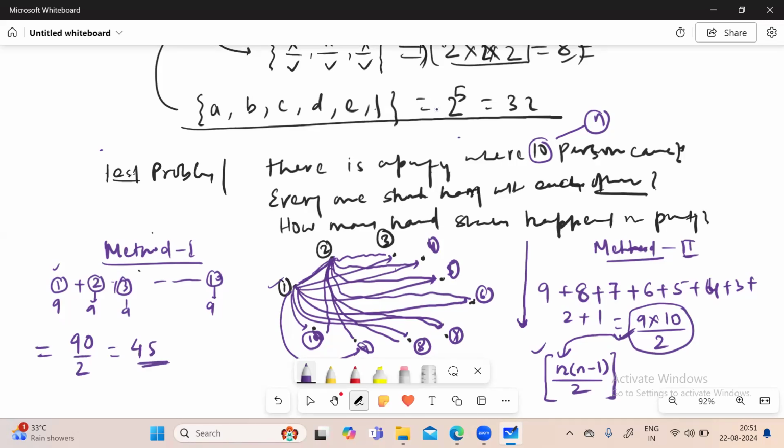ये समझ में आया? Yes, sir. ठीक है. तो बेसिकली